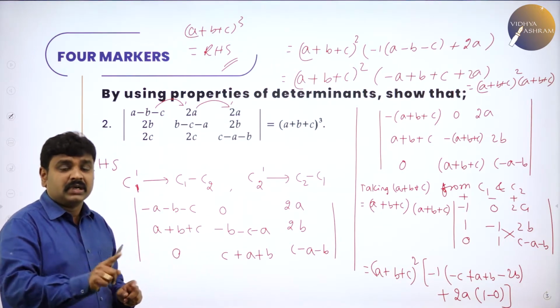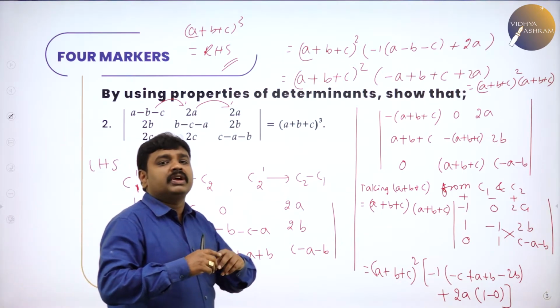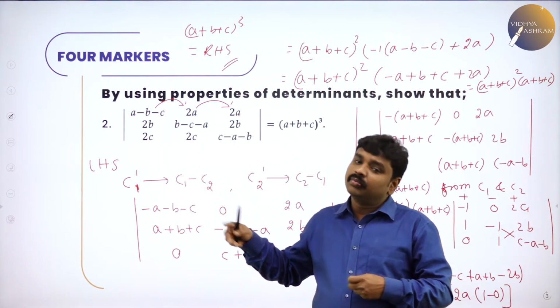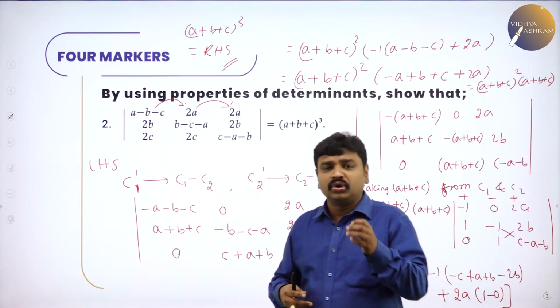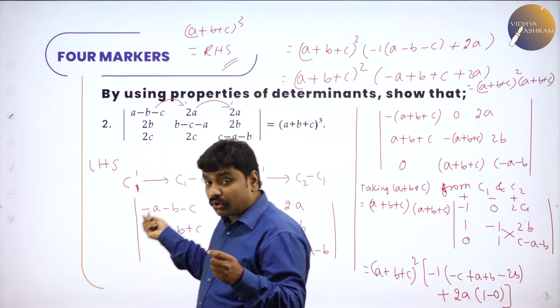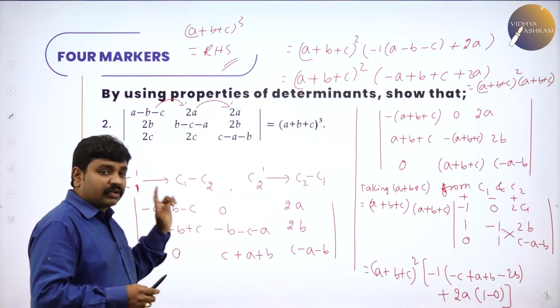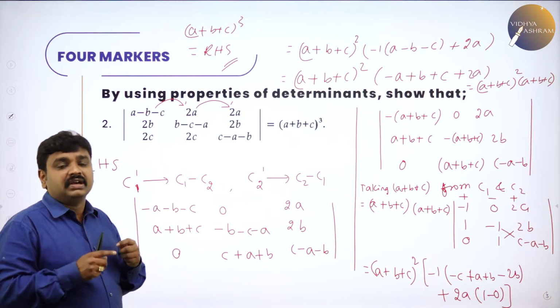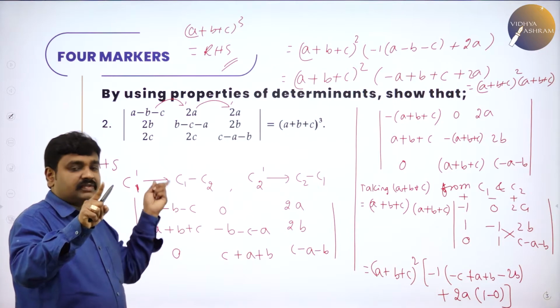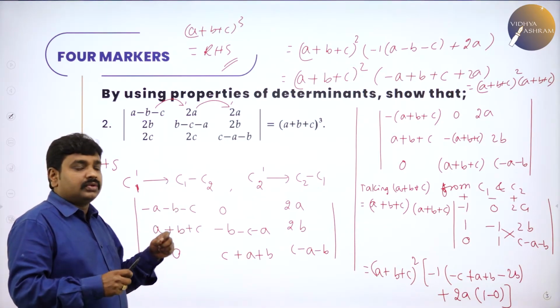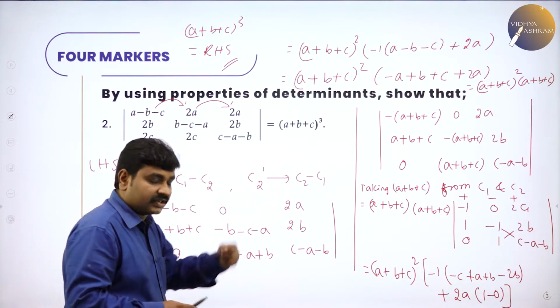This is a simple process. I am repeating, determinant problems can be proved by properties in different ways. Solving this problem in more than one way is possible. I told you, you can use the properties in terms of rows, you can do it. In terms of columns, you can do it. But whatever I am doing, I am following the same method. First problem I have done, C1 dash is C1 minus C2. Second problem I have done, same. So now, depending on RHS, we are taking a decision.